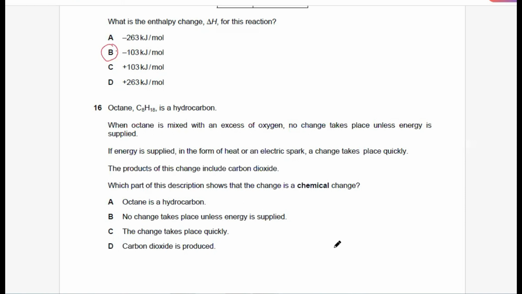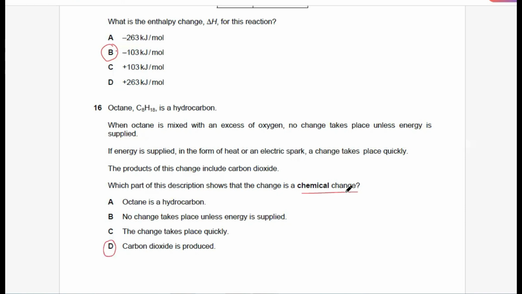Octane is a hydrocarbon. No change takes place unless energy is supplied. The change takes place quickly. Carbon dioxide gas is produced. For 16, B is the right answer, not the rest of them, because a chemical change is a change in which a new thing is produced, whether you supply energy or you do not, whether it takes place with an element or with a compound,